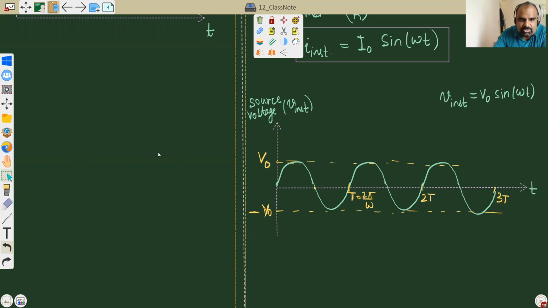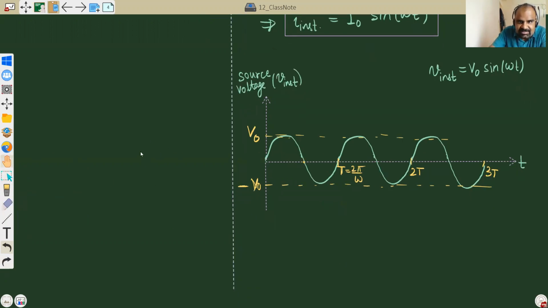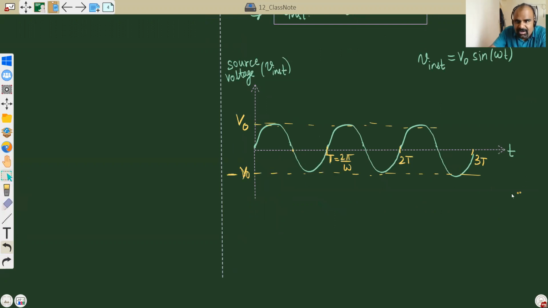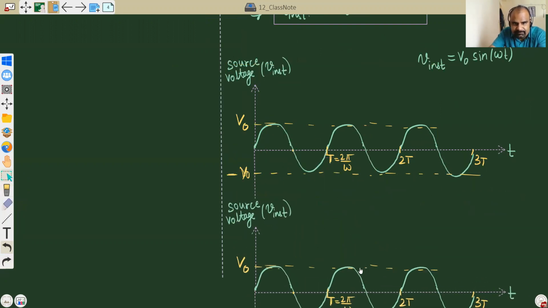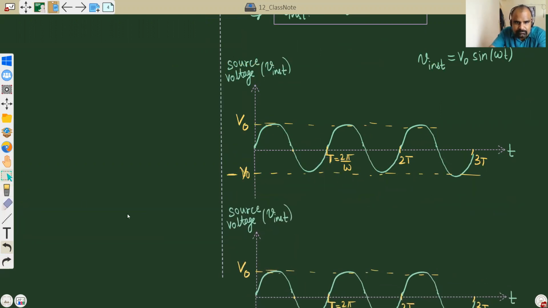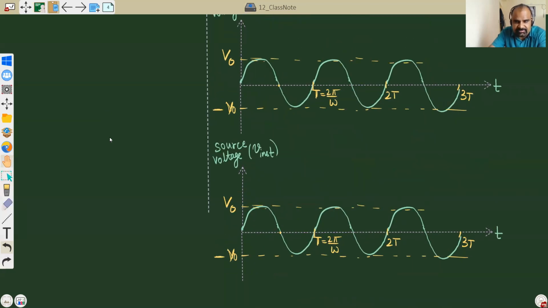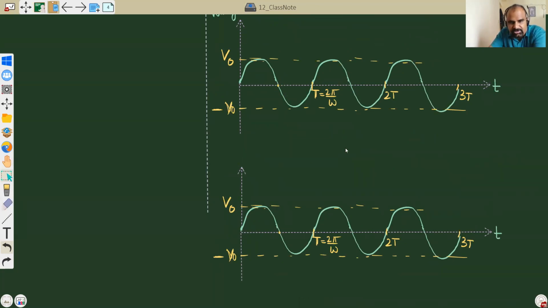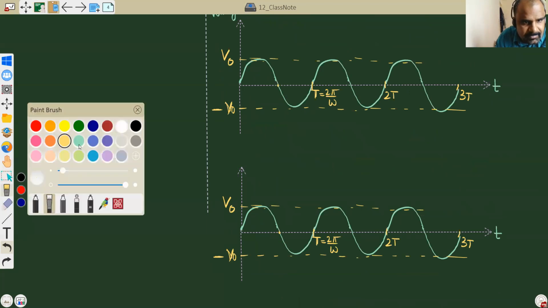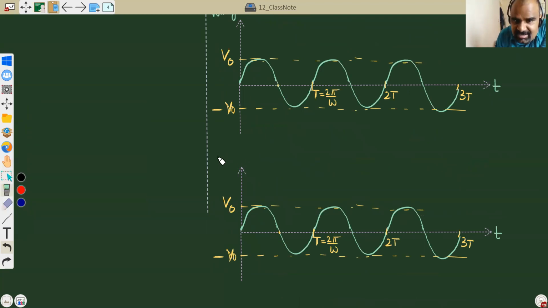Now, what about current versus time? So you see there is a big difference between AC and DC. Now, what about the current versus time graph? What will be the difference? First of all, here I will write current. So, this will be instantaneous current. That was source voltage. This is simply current. I instantaneous, or small i itself means instantaneous.